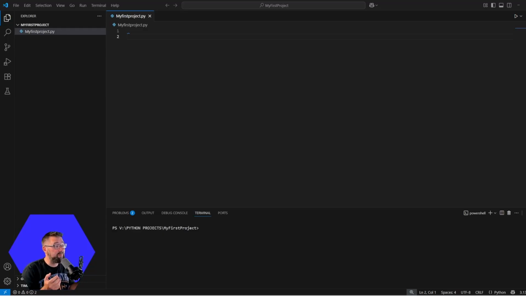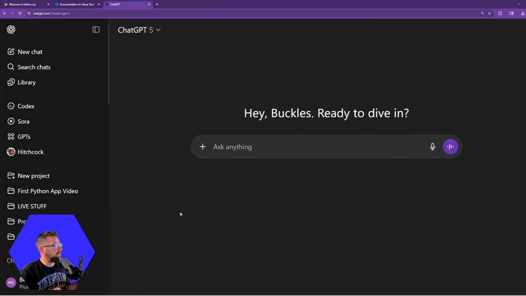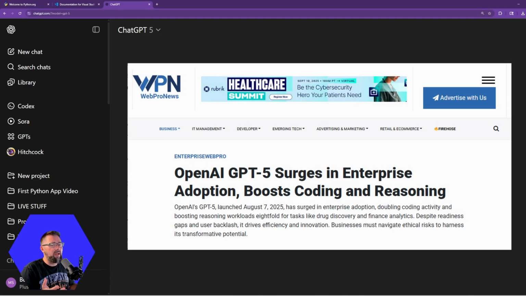Okay, so we have built our sandbox. Let's go find something fun to play with in our sandbox. You can use whichever AI platform you're comfortable with. I would recommend giving GPT-5 a try at chatgpt.com. If you haven't yet, they're touting its ability to be a good coding assistant, or be good at helping you